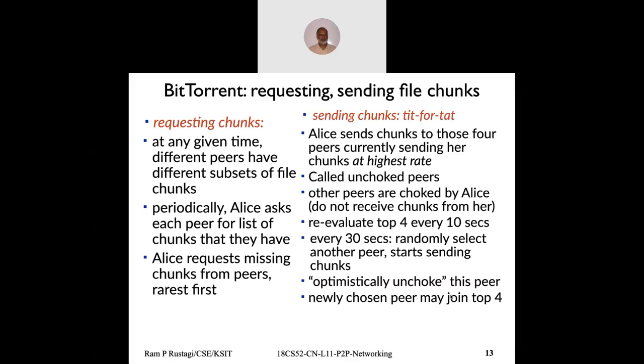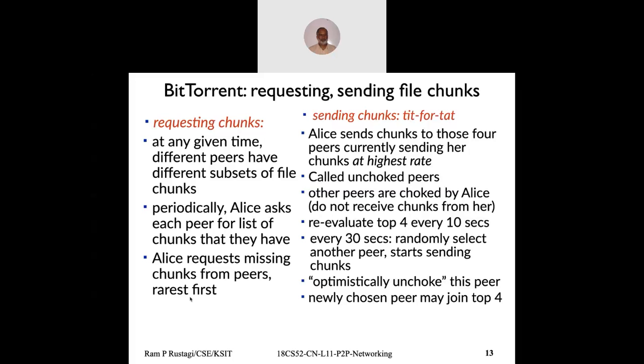So let me repeat, at any point in time, different peers would have different chunks. It will keep asking for the list of chunks from each peer. It identifies which chunk is with the least number of peers, and this is a strategy. When you get a list from each peer, you find the chunk which is with the least number of peers, and you get that chunk. Because you want to popularize it, make sure each chunk is available with everybody. That's why distribution could be faster. And this technique is called rarest first. That means get those chunks which are with the least number of peers.